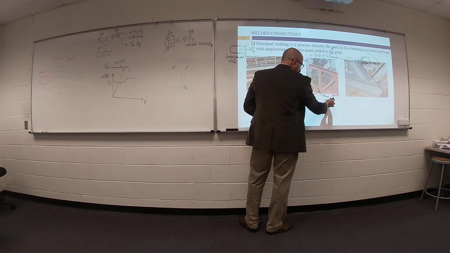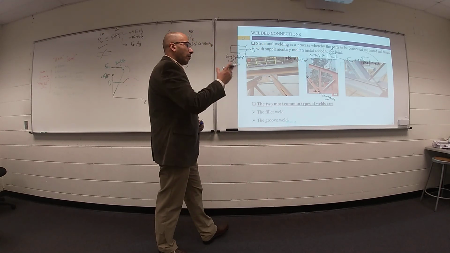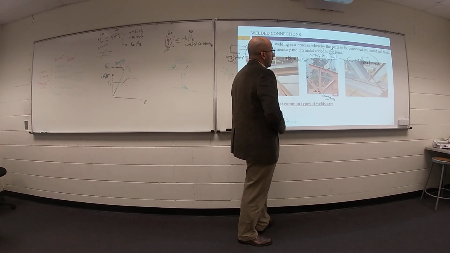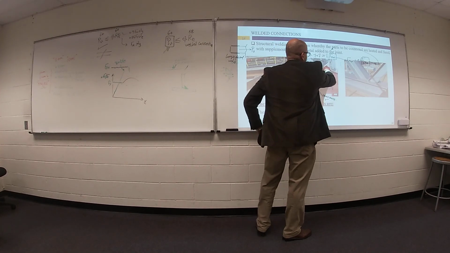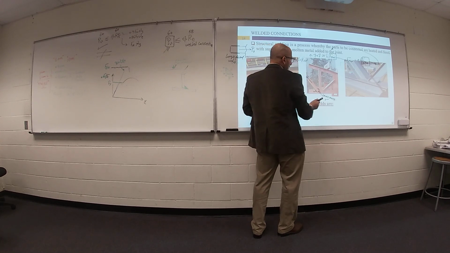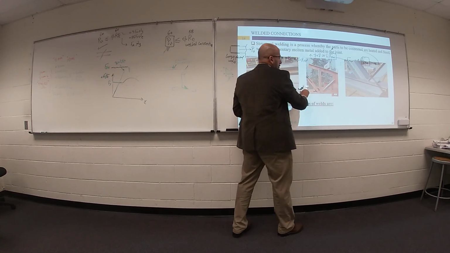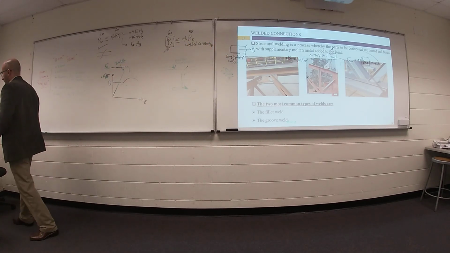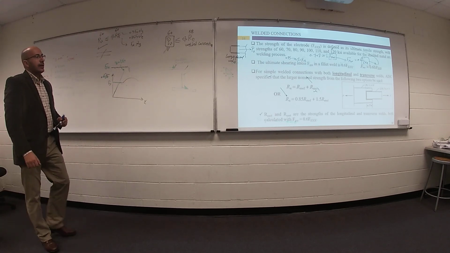Actually, you can do this: longitudinal and transverse, both of them at the same time, no problem. But if you are talking about Rn equals this number multiplied by 0.75, you can get your design only if your weld is in the longitudinal direction. But if you have